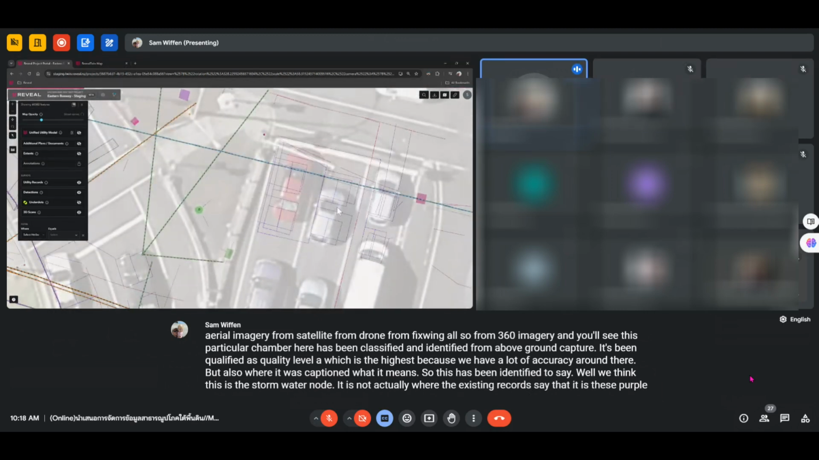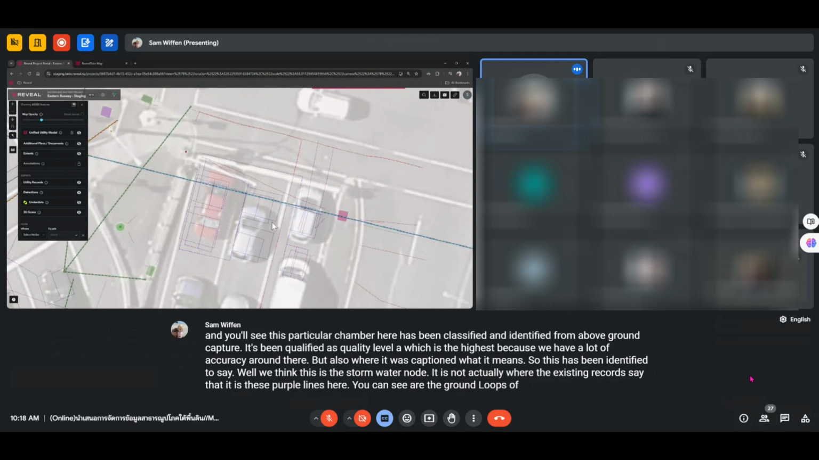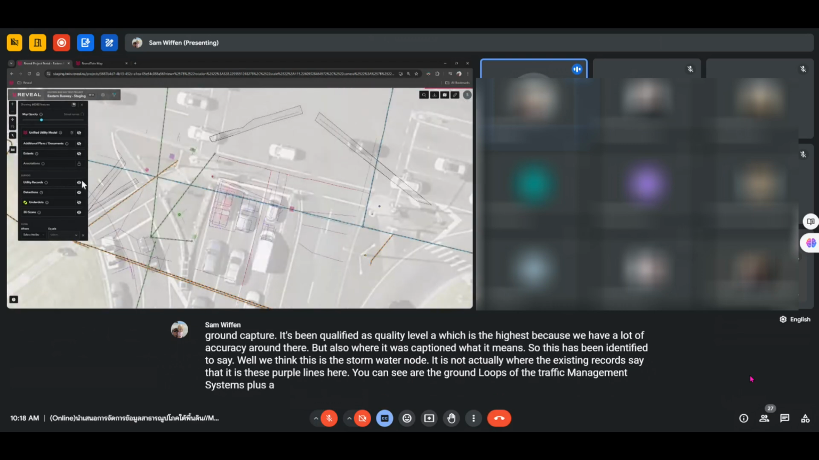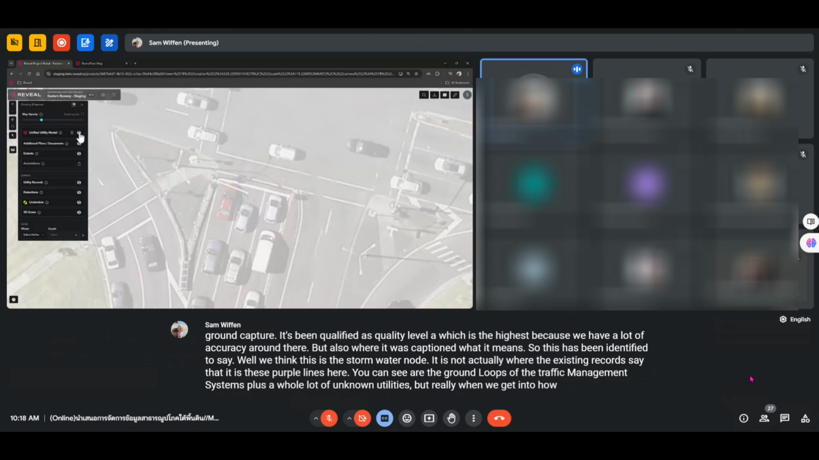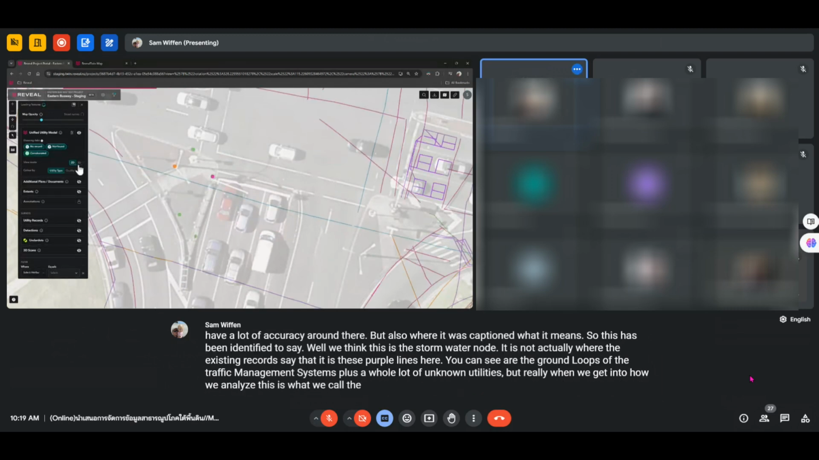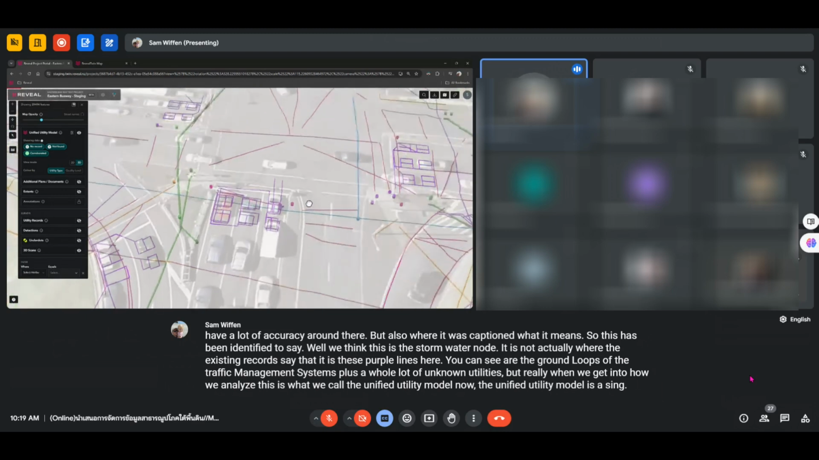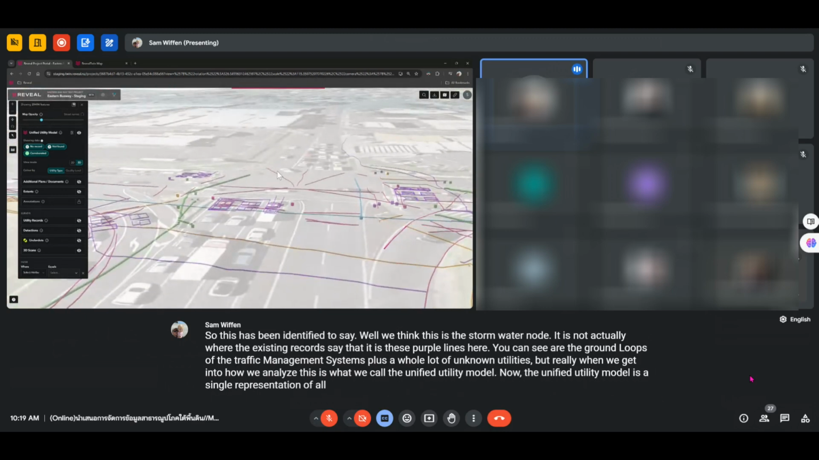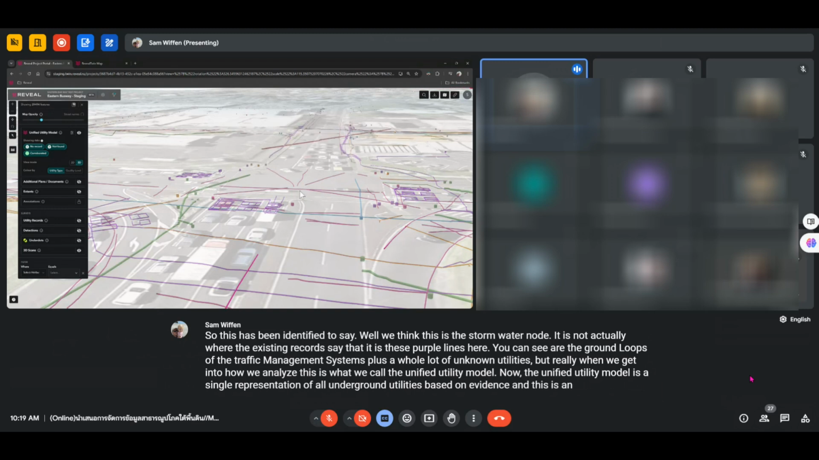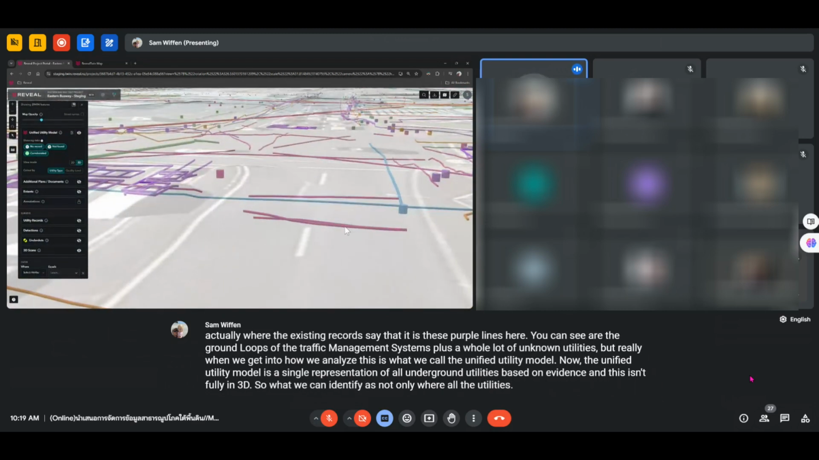These purple lines here you can see are the ground loops of the traffic management systems, plus a whole lot of unknown utilities. But really, when we get into how we analyze this is what we call the unified utility model. Now, the unified utility model is a single representation of all underground utilities based on evidence, and this is fully in 3D. So what we can identify is not only where all the utilities are, we can identify unknowns through normal utility surveying processes. We follow a rigorous process in how we identify what